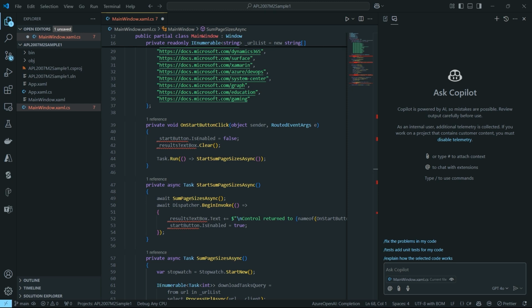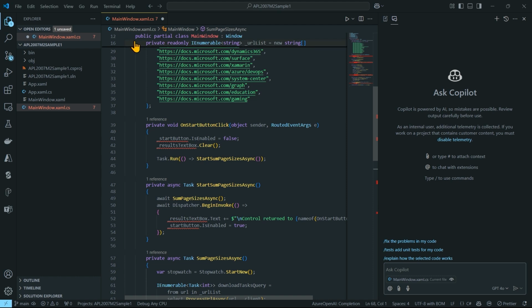So for this last part of the demo, we're still in the documentation topic, where in the previous one, it was all about the project documentation, where now I'm going to show you a little bit more how to use the same concept, but using it from within our inline code window itself. So not relying on the chat that much anymore, but now changing the documentation as part of our actual development code syntax. I'm still in the same project, our AZ-2007 M2 sample, the exact same one that we used before,